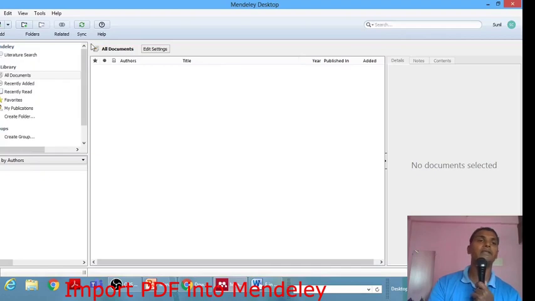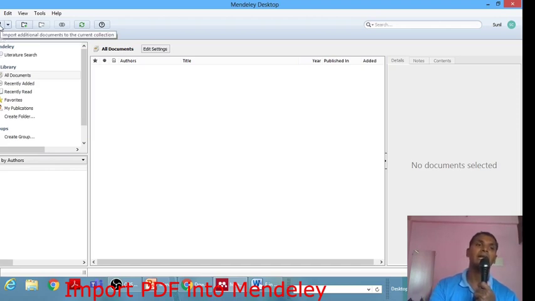After that I'm going to open this Mendeley Desktop software, and here you have to import certain PDF articles into it. If you want to import a PDF into Mendeley Desktop, above the Add button you can see this icon.